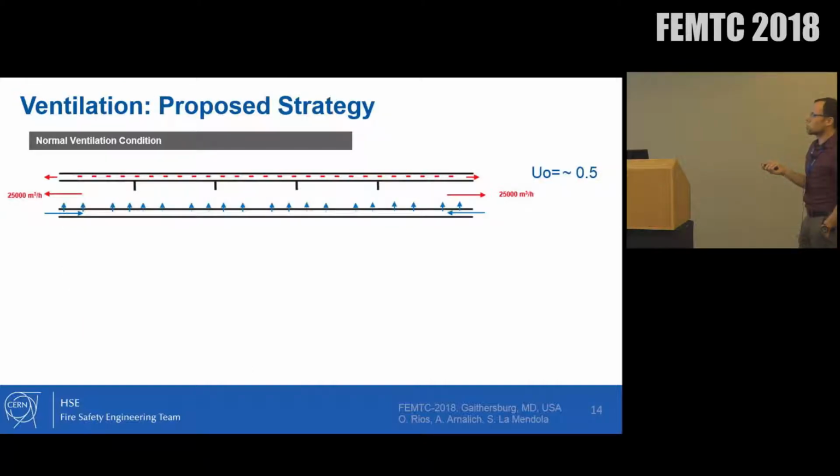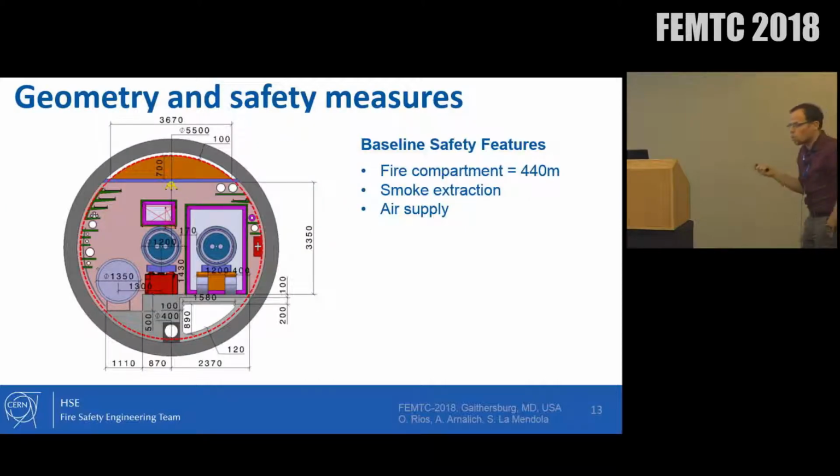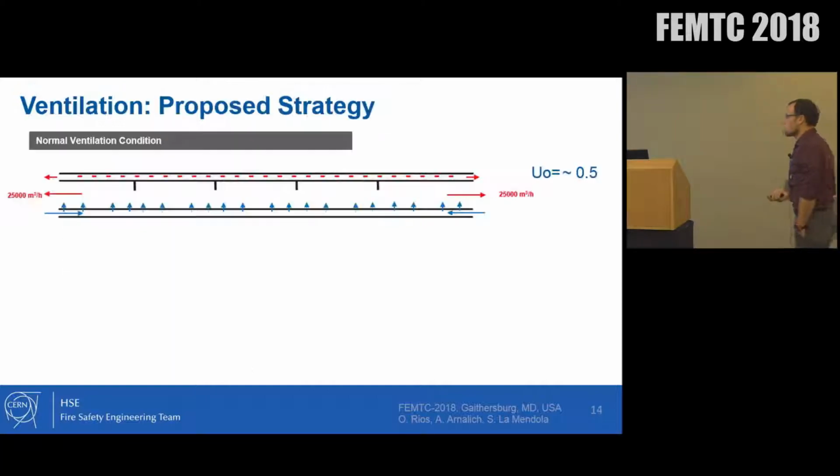And the first aim was to check which was the required air supply and smoke extraction strategy. So we had to play a little bit and launch multiple scenarios to see which was the best design. And the design we chose at the end, together with the ventilation group, was that during normal conditions we have this transversal longitudinal ventilation scheme. So we are pushing air on different inlets. We are extracting air using the tunnel as a pipe, so it's a combined strategy, and we keep what we call the emergency duct here just in case.